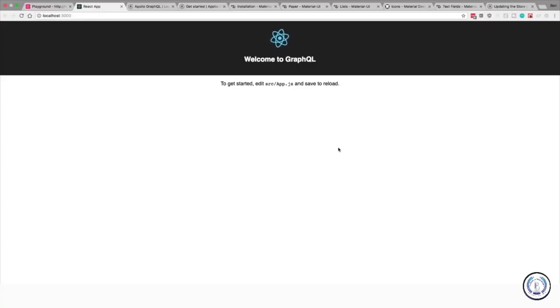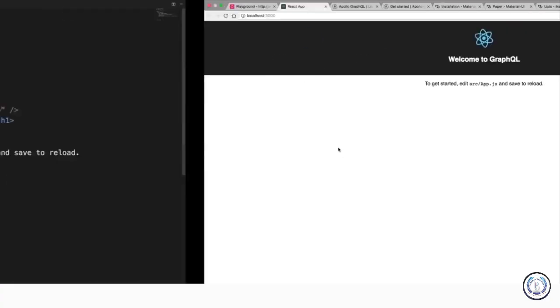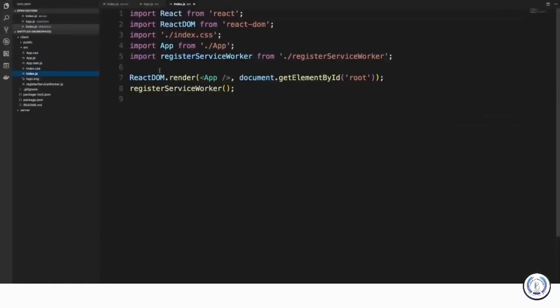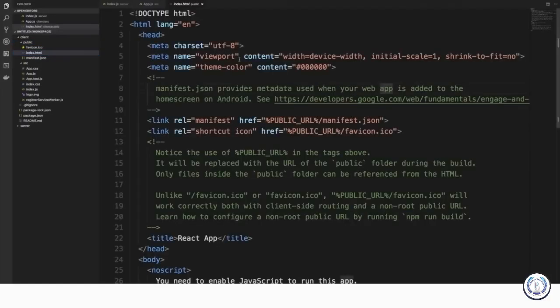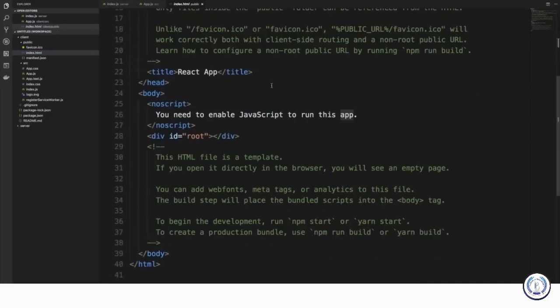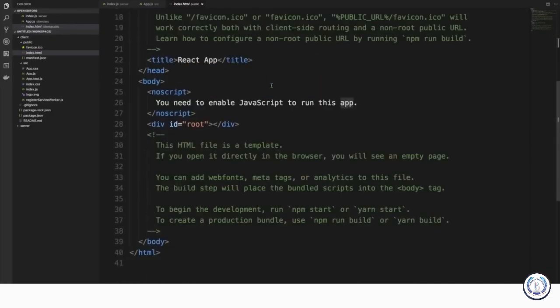So we're ready to start adding some stuff to our application now. I guess I should go over the structure real quick. So the important parts are the source. This is where all our JavaScript code is going and where all the React. There's a folder called public, which you can see has HTML in it. And this HTML file is what our JavaScript or React application runs in, or it gets applied to, if you